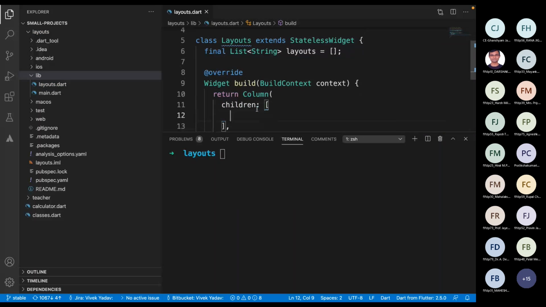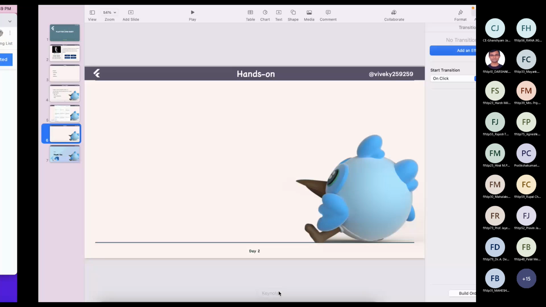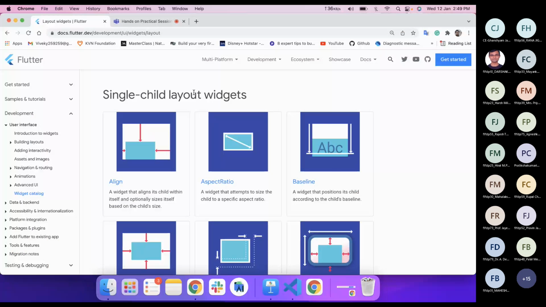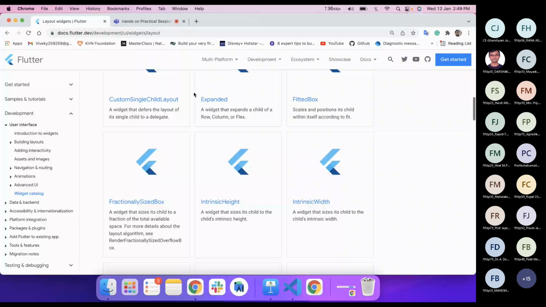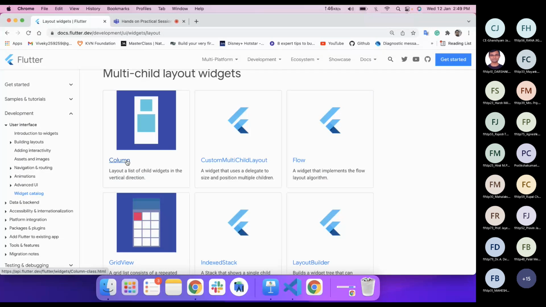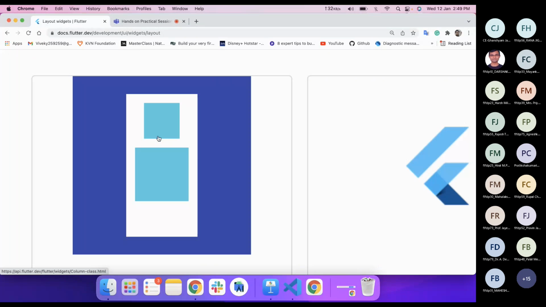If you remember the first line, a widget is the basic building block of all our UI. So even layouts are also building blocks. So we can see the Column, and inside the Column the objects are aligned in a vertical manner.